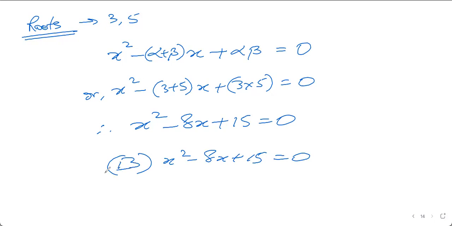This is one way of finding this answer. Another way of finding this answer is, there are 4 equations that are given. You will solve all the 4 equations and see for which one you are getting the answers as 3 and 5. That will take much longer because you will solve 4 equations. If you are lucky, you will get the first equation. If you are not lucky, you will get the answer as the 4th equation. But if we do this way, then we can find the answer in one stroke.